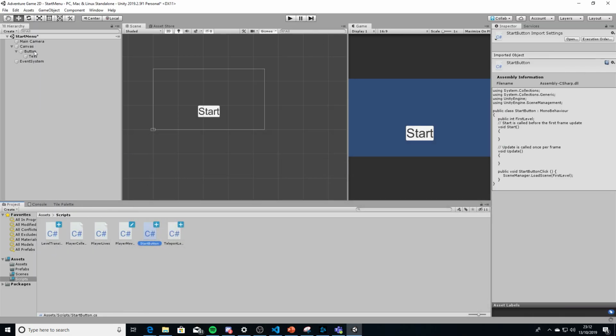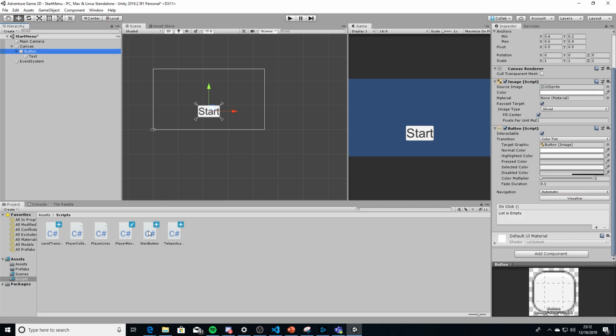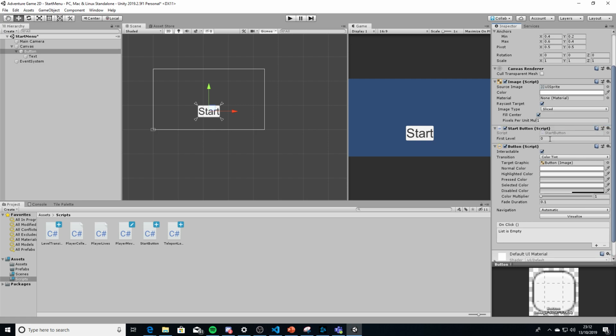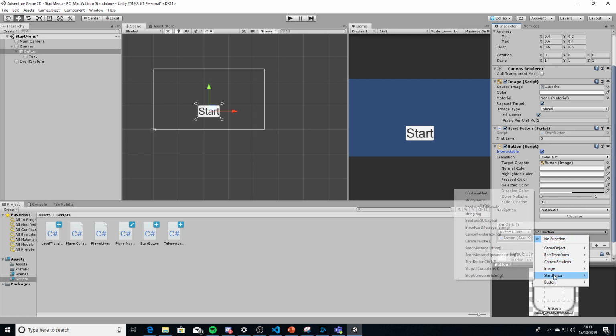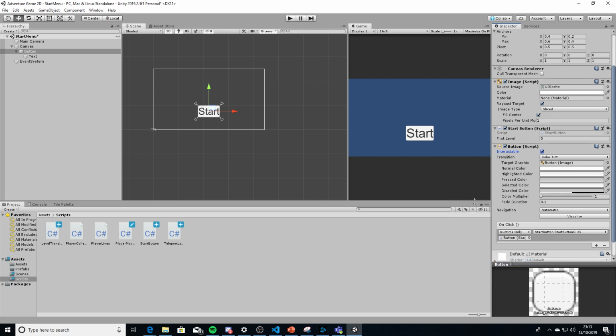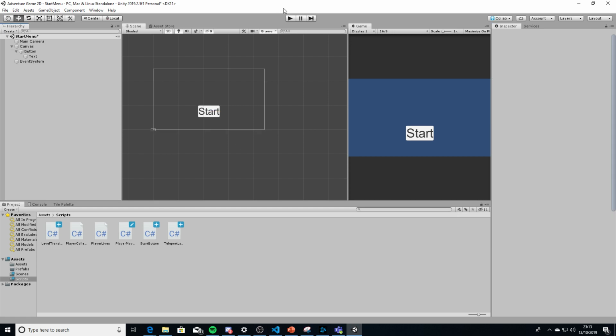So what we can do, we can go to the button. We can drag in the script. Remember, we're going to go to level 1, which is 0 on the build index, so I can leave that as it is. And then just here where it says on click, list is empty, we click the plus. It's asking for some form of object, so I'm just going to drag that into there. No function is currently selected. We click that. We go to this. Start button, and we should see in here start button click, which is the thing that we set up in the script. So with that, we should now be able to click play,